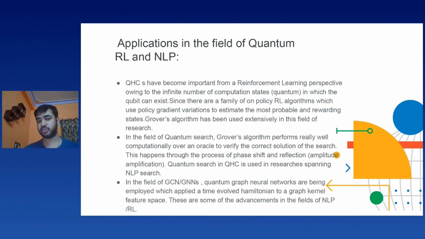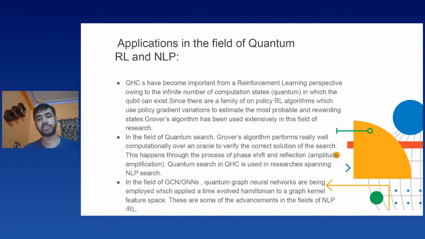There is one algorithm known as Grover's algorithm, which tries to retrieve the most favorable states coming out of a quantum circuit or a quantum classical circuit. It is a very peculiar algorithm and quite difficult to understand, but it is based entirely on rotations of a qubit. In the field of quantum search, Grover's algorithm does really well, because it returns the most favorable qubit pertaining to a particular search, right? And these circuits are based only on changing angles, that means phase shifts or rotations, and amplitude modifications or amplification.